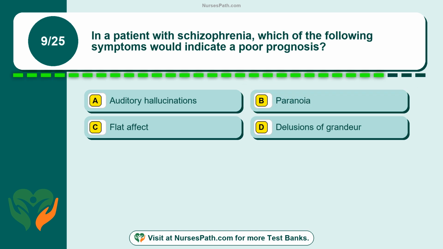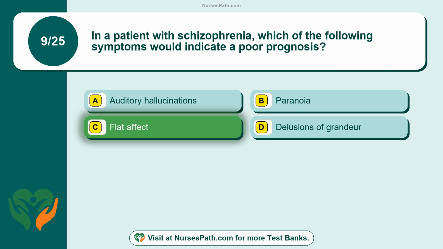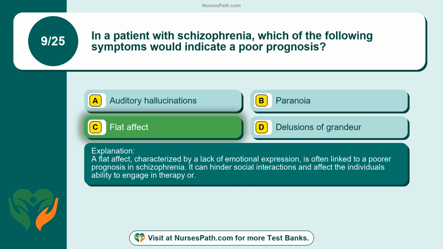Question 9. In a patient with schizophrenia, which of the following symptoms would indicate a poor prognosis? Option A, auditory hallucinations. Option B, paranoia. Option C, flat affect. Option D, delusions of grandeur. The correct answer is option C, flat affect. A flat affect, characterized by a lack of emotional expression, is often linked to a poorer prognosis in schizophrenia. It can hinder social interactions and affect the individual's ability to engage in therapy or